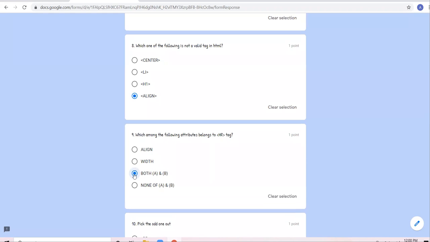So both A and B. I hope I am totally clear up till 9 MCQs to all of you. Let me see how many thumbs are up. I am counting the number of thumbs which are up.